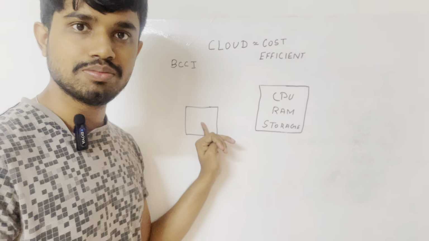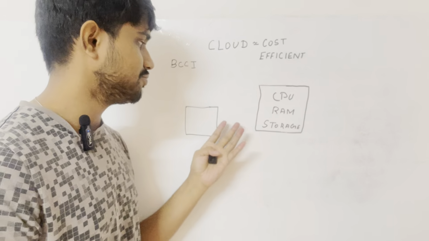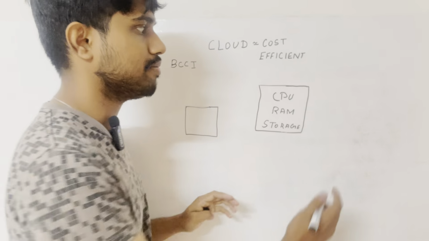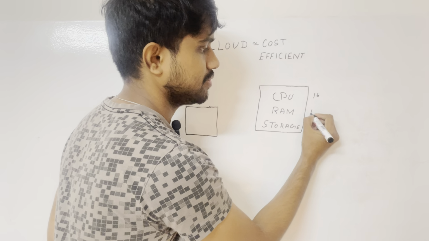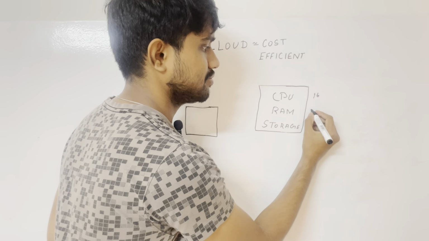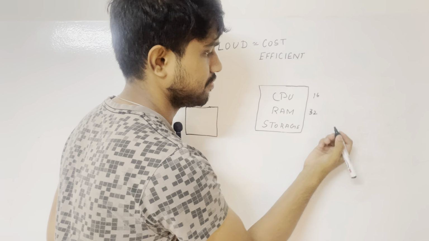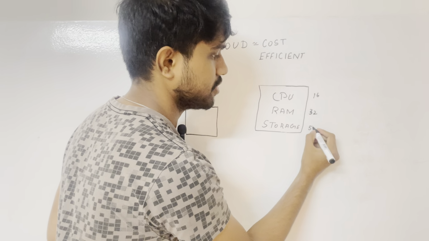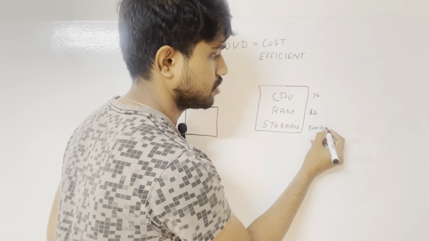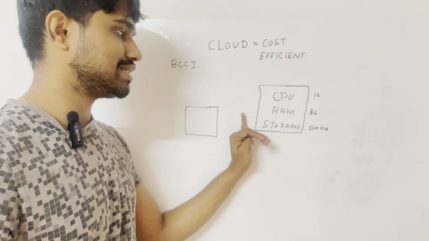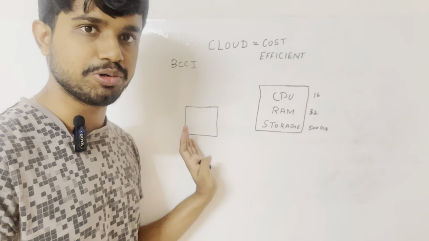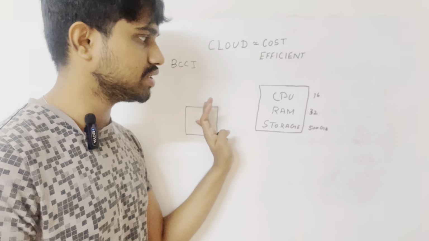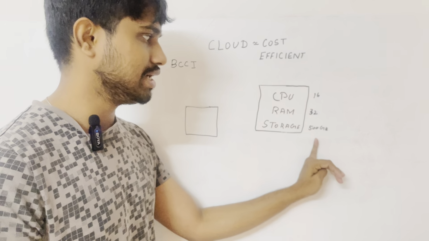So when you start your business, you might have few users. So if you go and buy, say, 16 cores of CPU and maybe 32 GB of RAM and maybe 500 GB of storage, probably at the start, when you are starting to have one user, two users, three users subscribe to your streaming service, it might be a little bit costly, right?